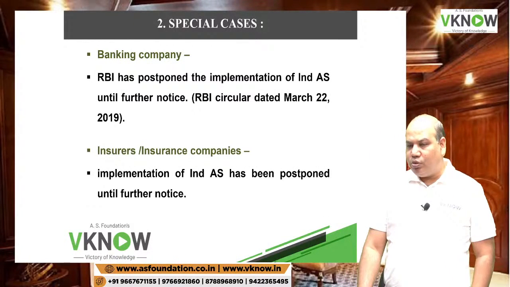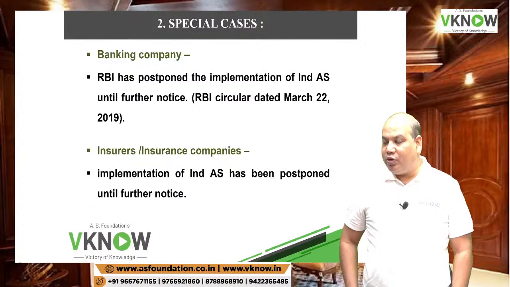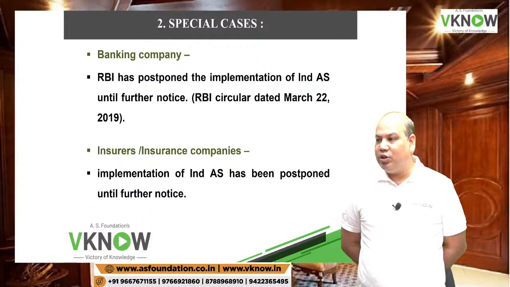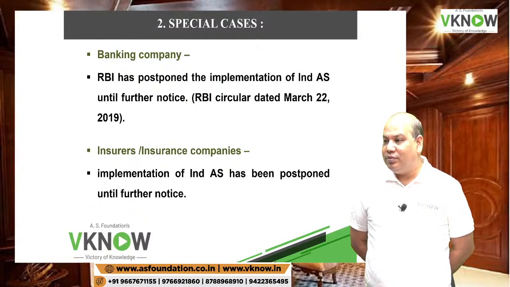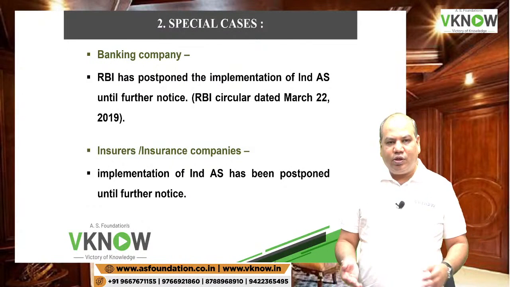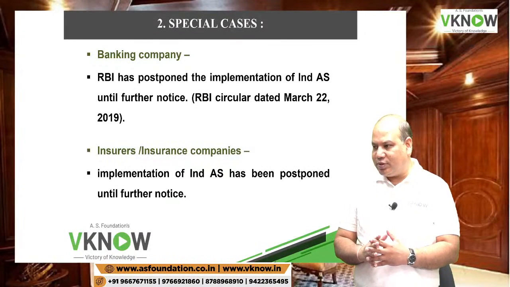The reason here could be that IFRS 17 is for insurance companies, and a counterpart standard, Ind AS 117, we are also in the process of finalizing. So once that Ind AS 117 is finalized and issued, then insurance companies will also be required to adopt Ind AS, because right now even if they adopt, insurance business is very different from a normal business. Is it right?